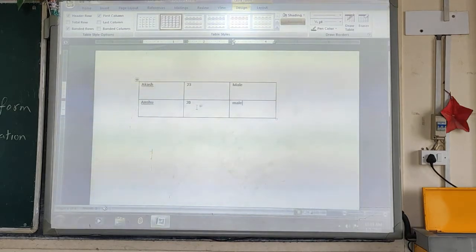As soon as you insert a table, the first one is the Design tab and the other one is the Layout tab. Design and Layout are the two tabs that appear as the table is created.